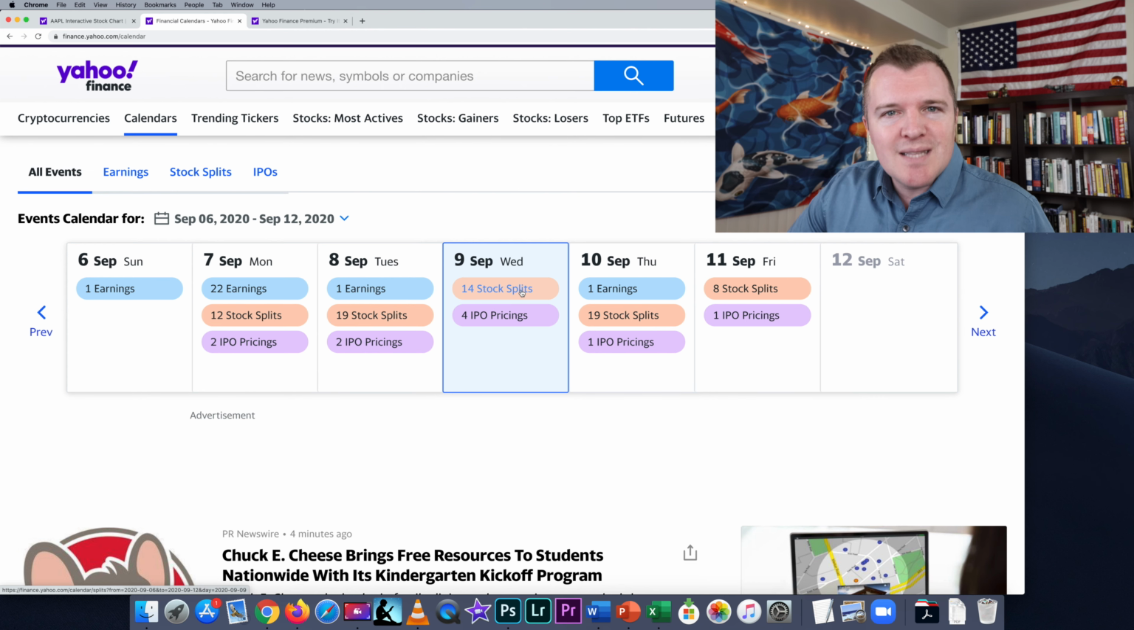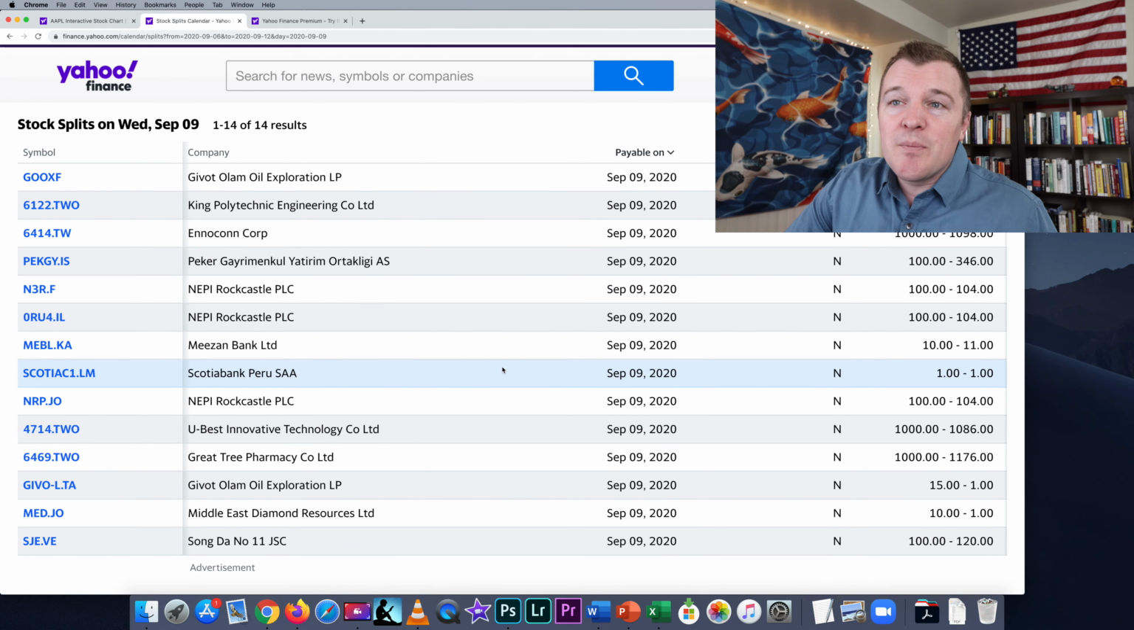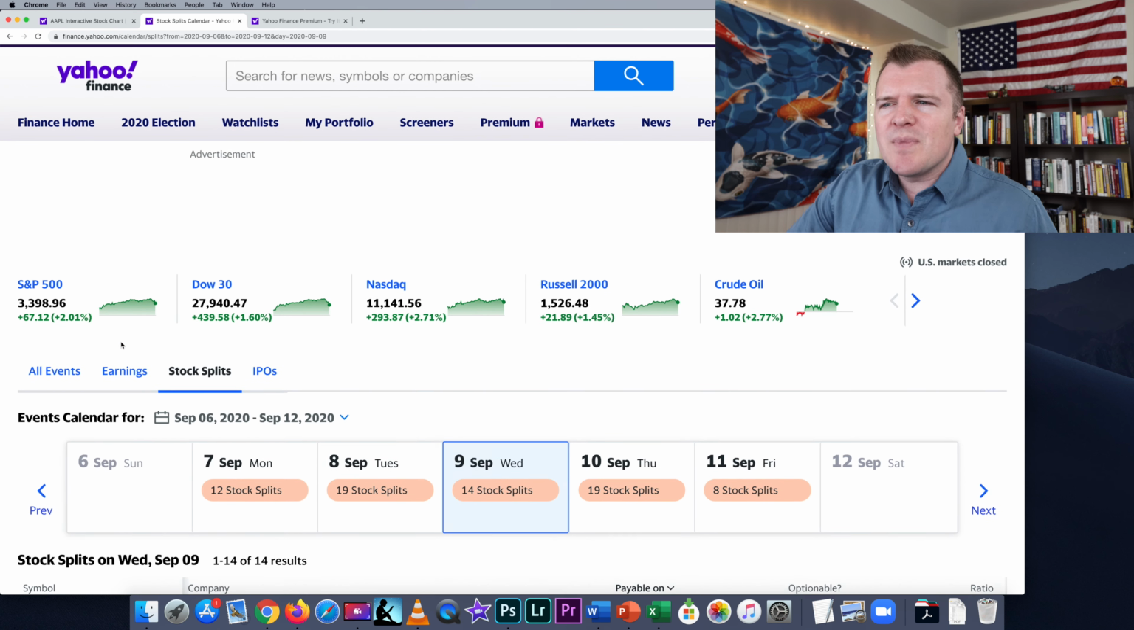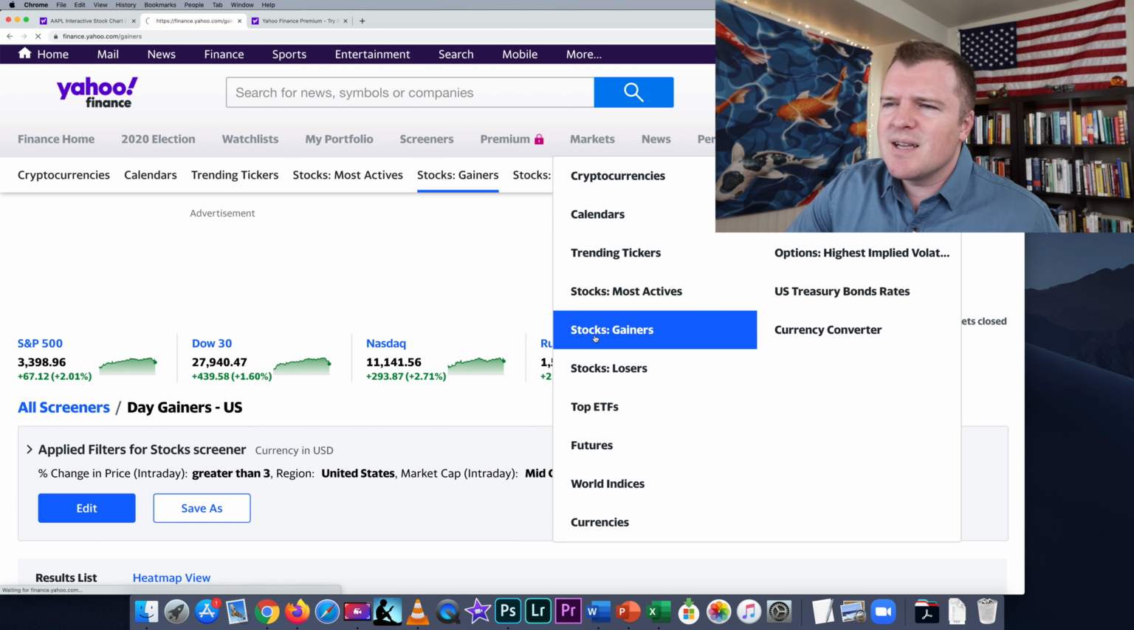There's thousands and thousands of stocks that are on Yahoo Finance. So if we just click on these, we check these out. I don't recognize any of these companies. Go ahead and click on the symbol if you want to learn more about this company, but there's a lot going on. Back under the Markets tab, you can look under different categories such as stock gainers, and that's interesting